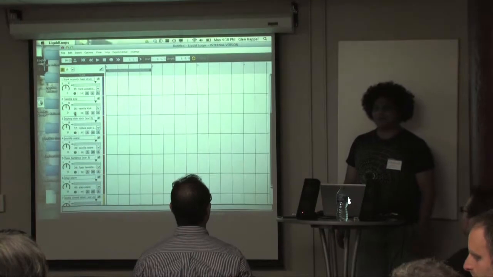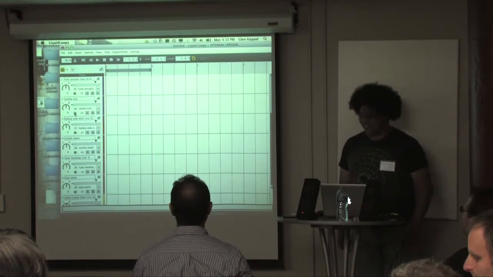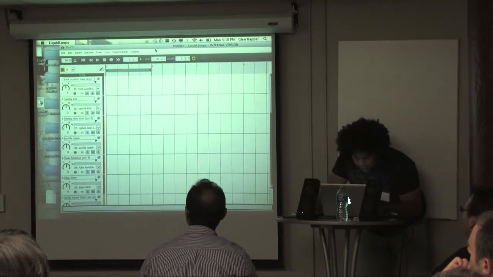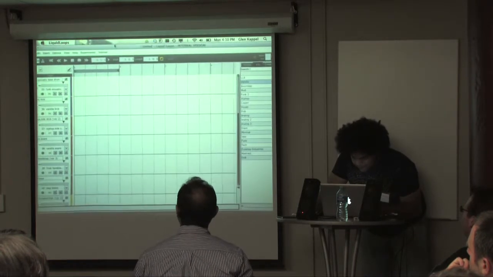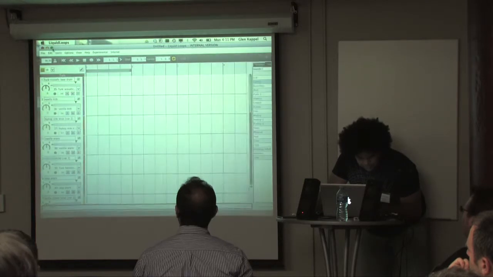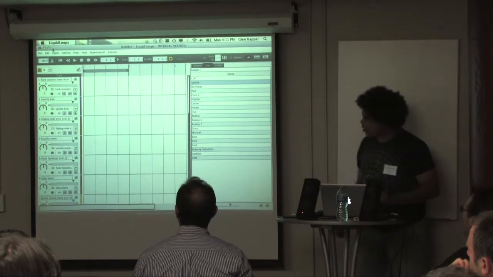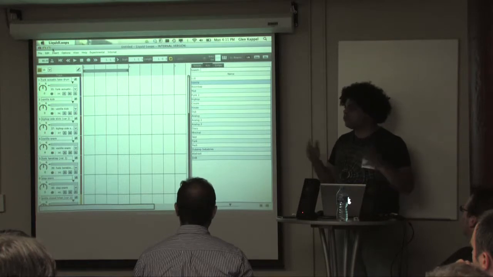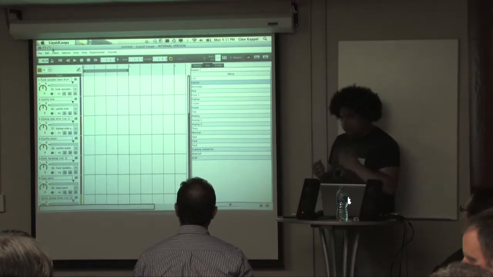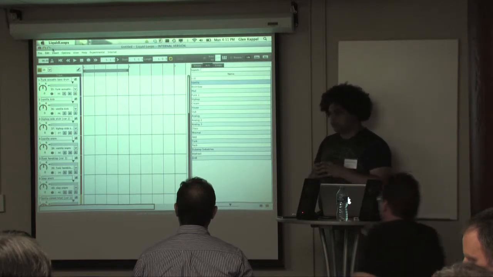Now I'm about to build a medium with loops. Okay, so Frank has been talking about generative or assisted composition systems. So this is really the spirit behind the Liquid Loops